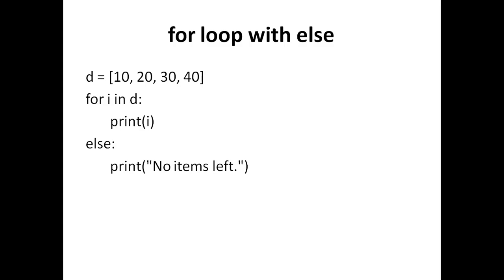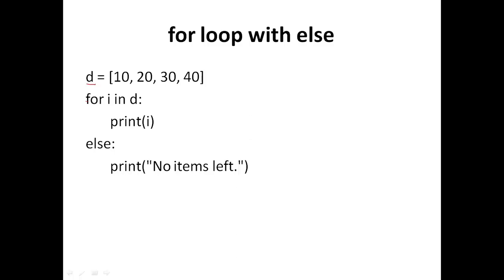So in Python the for loop has a very odd syntax. It has an else statement as an optional statement. So the complete syntax of the for else statement would be like this. In this case I have taken a list D which has again four elements, and I have written for I in D print I then else, which is part of this for loop. So don't confuse it with the if else.